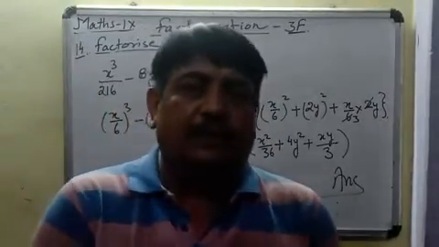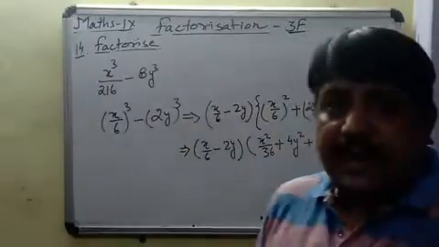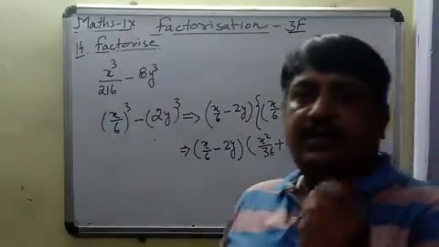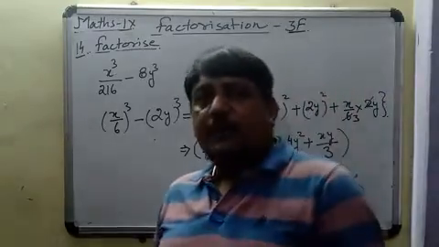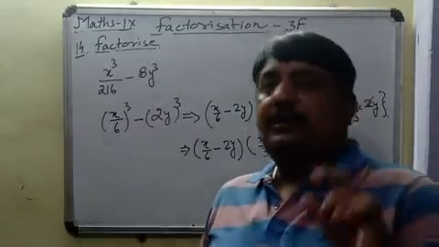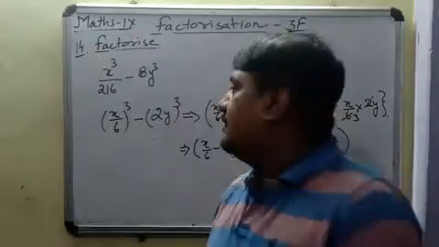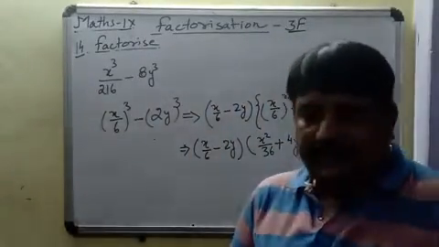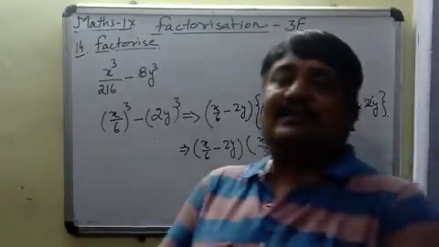So 1 cube is 1, 2 cube is 8, 3 cube 27, 4 cube 64, 5 cube 125, 6 cube 216, 7 cube 343, 8 cube 512, 9 cube 729, 10 cube 1000. So when you memorize your perfect cubes in this way, you will get huge confidence to perform all these questions easily. So work out on all these things. All the parameters are there to help you out in doing this exercise.